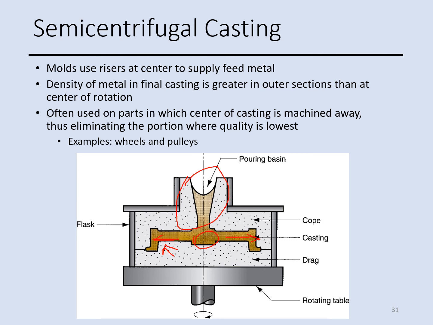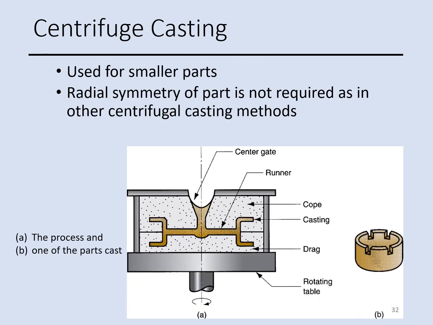This process is used to make wheels and pulleys. The last casting process is centrifuge casting, where we have a mold designed with the part cavity located away from the axis of rotation. Axis of rotation is this. No, sorry. This is the axis of rotation, and we have